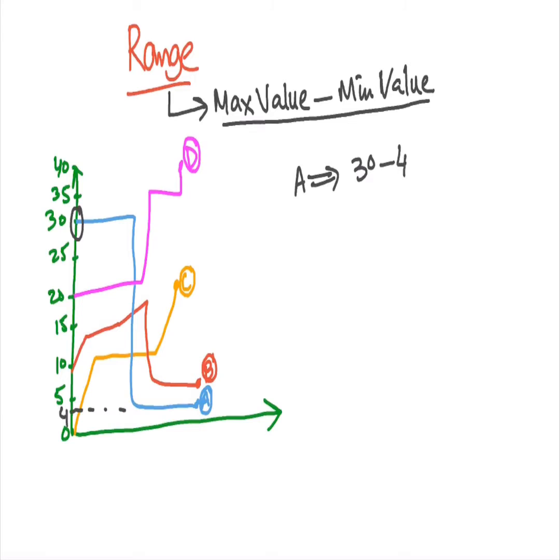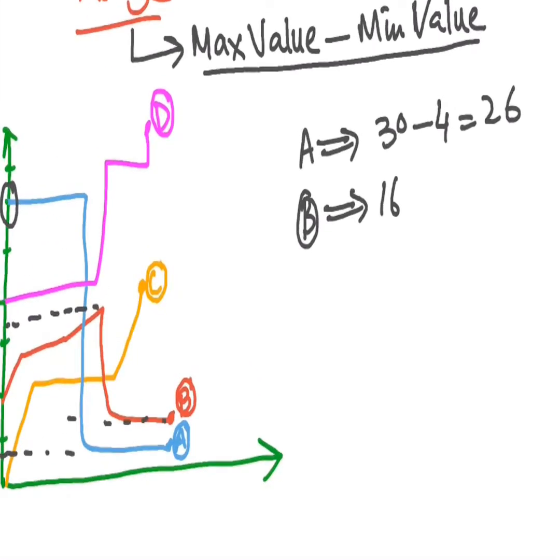So 30 take away 4 is equal to 26. Okay, so the range for A is 26. Now we can find the range for B. The maximum value for B is 16, and